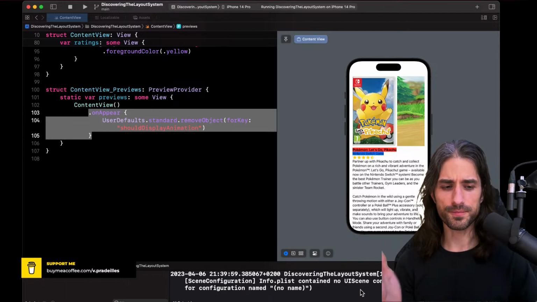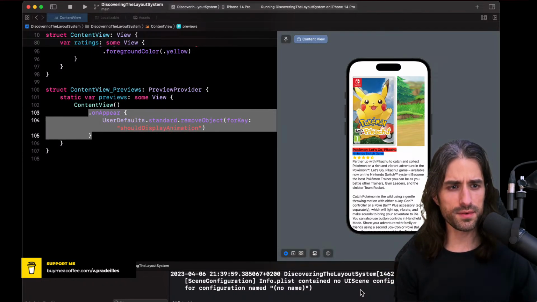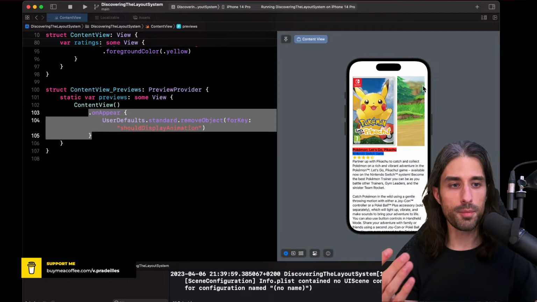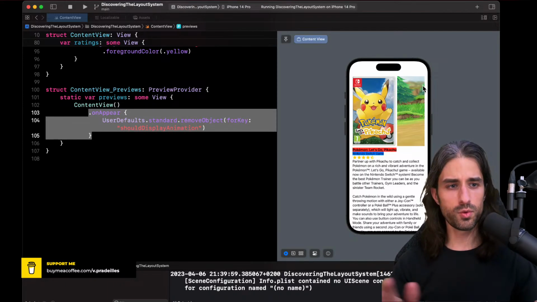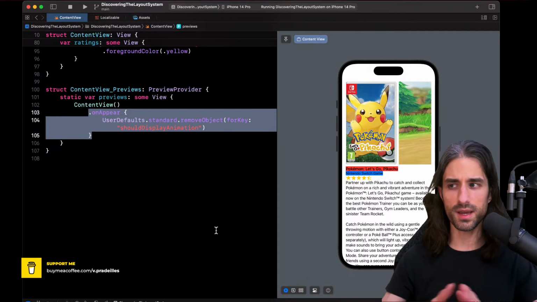I want us to just take a minute and do a recap of everything we've seen, and a recap of how the layout system, the layout algorithm of SwiftUI works according to what we've seen up until now. So this mechanism works in three times, we could say. I've already described them, but I want to recap them.